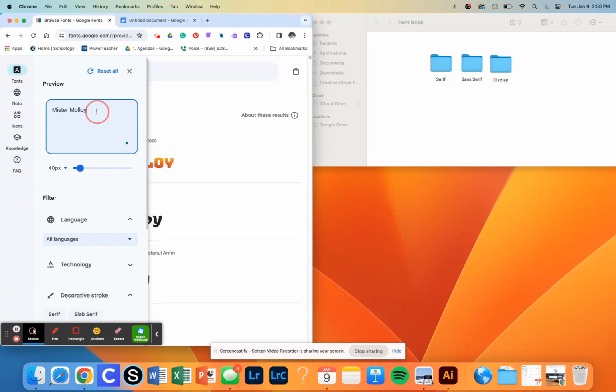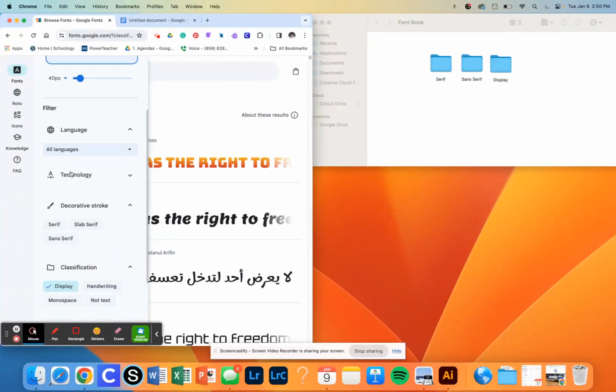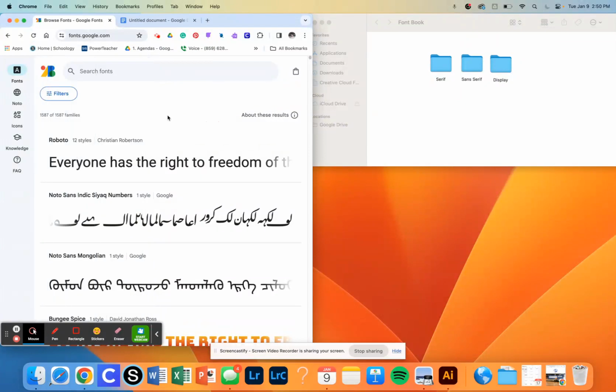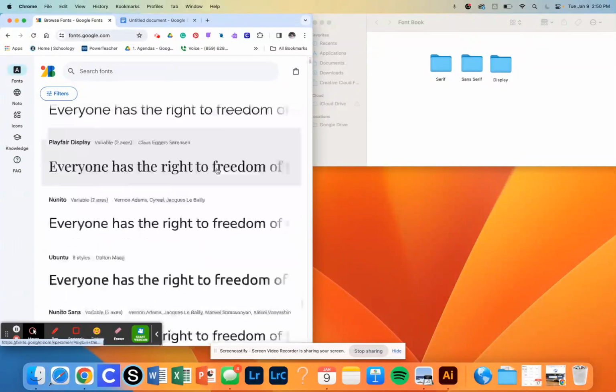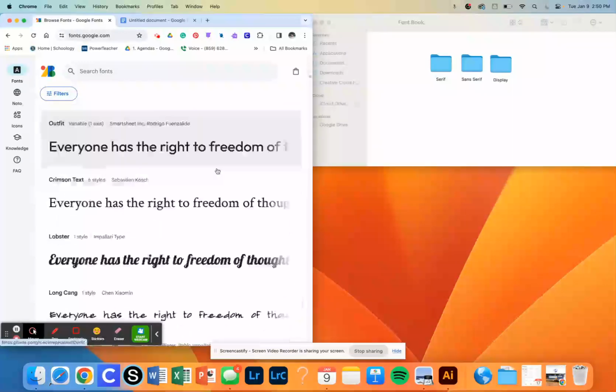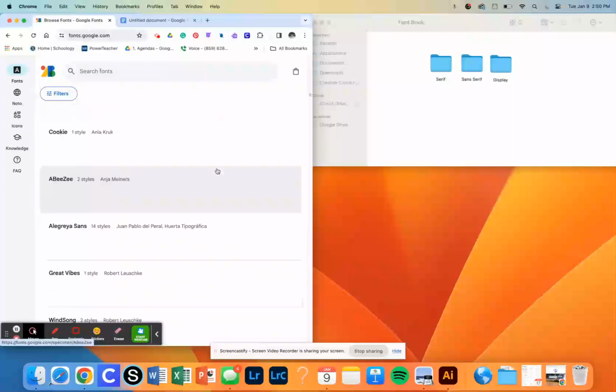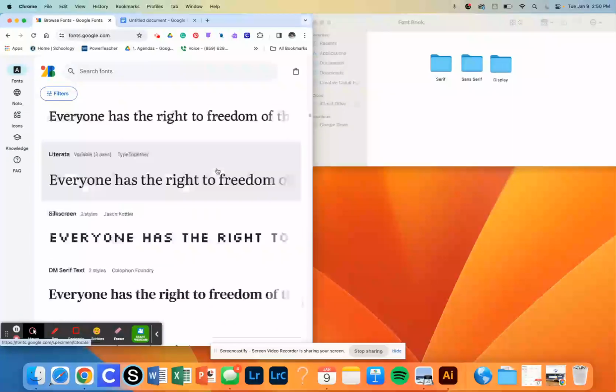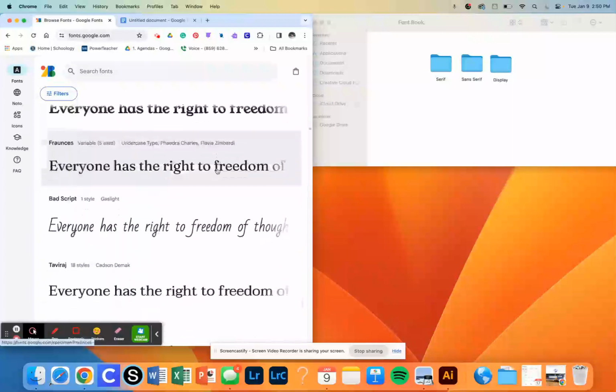Now, I'm going to go ahead and clear these out so I can show you kind of what it looks like when you get there. And when you get there, you're going to see that there are 1,587 different families of type, which is a lot. So if I scroll here, it is going to feel like it is endless because there is a great deal of type out there that you can use. Now, instead of going through and doing it like this, like a psychopath, what we're going to do is use